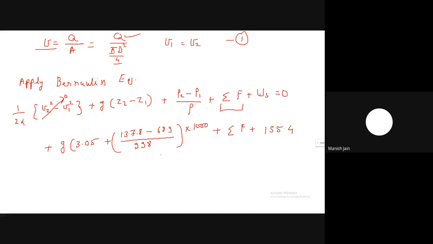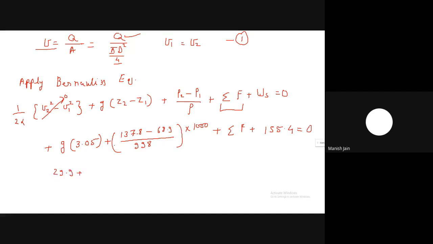Okay, now G is 9.8, the gravity constant, 9.806. Now if you solve this equation, that should be equal to 0. So G is 9.8, so it will become